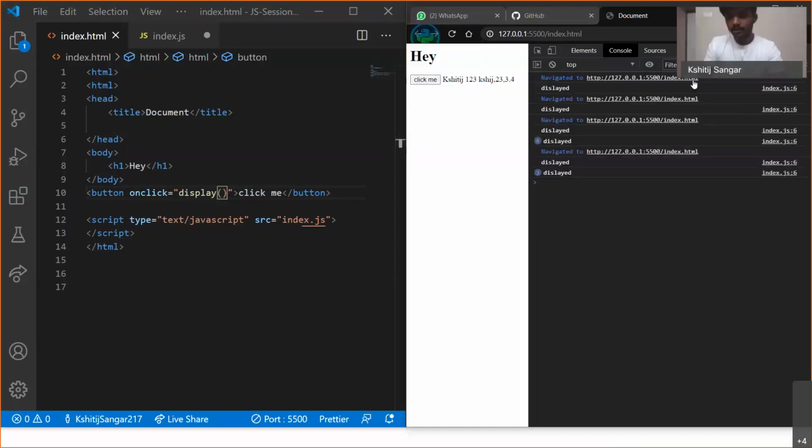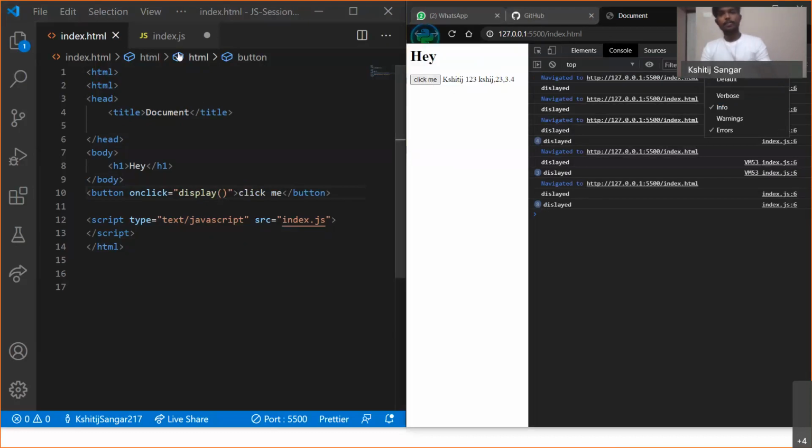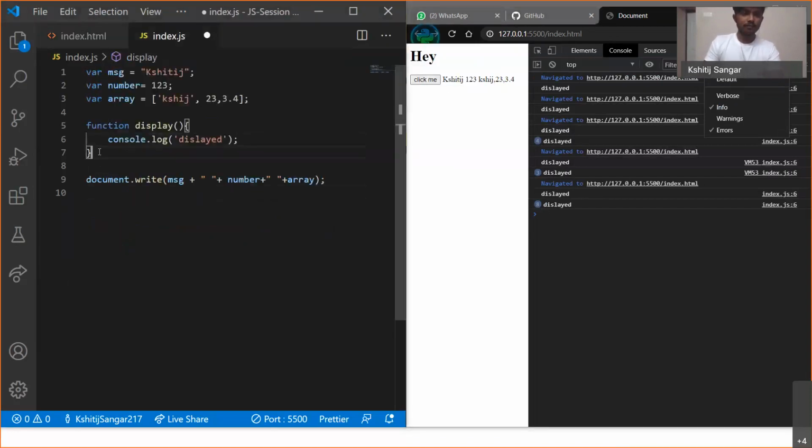Info. Yeah, it displayed. Sorry, I didn't check this part, that is the info part. That's why it was showing errors. Okay, so look, now it's working. It's adding here. So that's how we execute functions in JavaScript. We just added a function. The function name was display, and we added this console.log. So console.log is nothing but our terminal kind of thing on this website. It will just display in the background. The user won't see this.